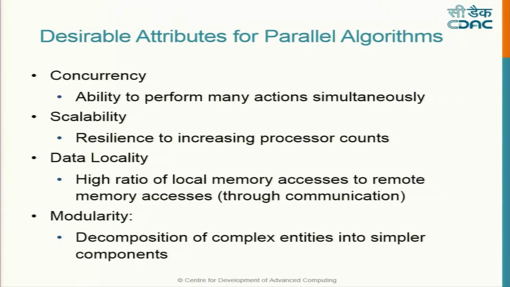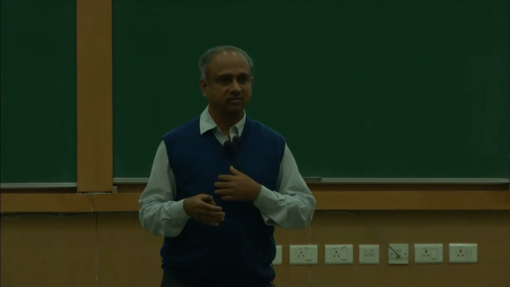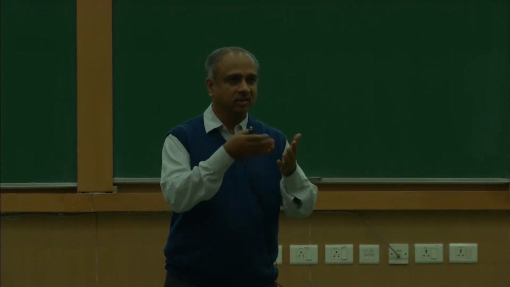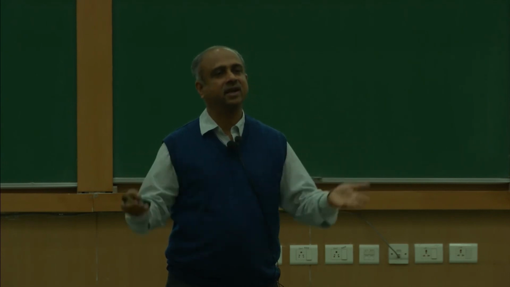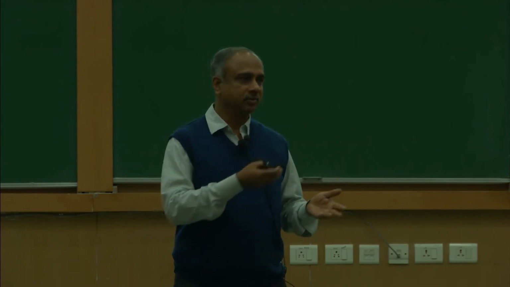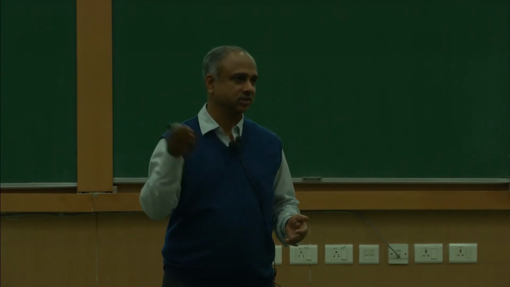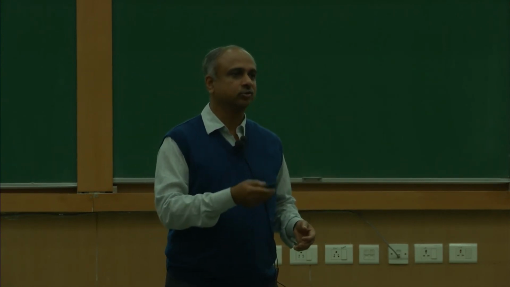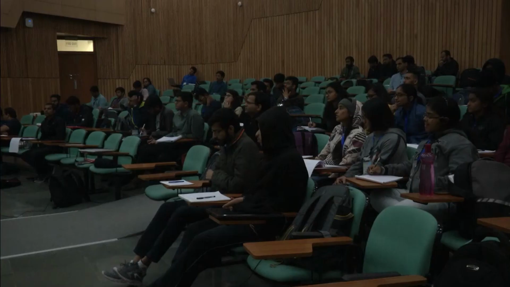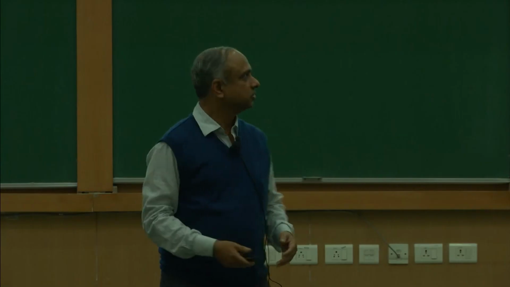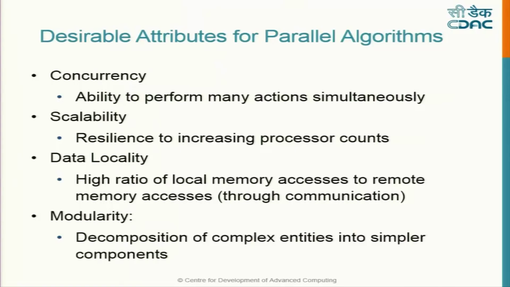Then scalability. Suppose you have 4 processors available, each processor does 1/4 of the task. Tomorrow suppose you can afford 8 processors, the algorithm should be such that it can take advantage of the 8. There are some algorithms that hit a plateau after a certain number of processors. That's very well seen, that it goes from 8, 16, 32, 128, but beyond that it remains steady or sometimes it falls down. That kind of thing is also observed. That depends upon the algorithm that you choose.